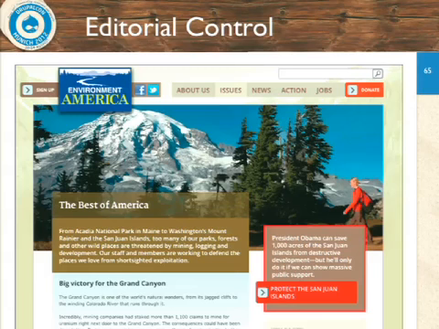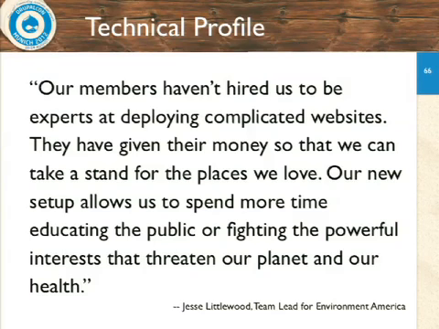And the idea is to put these editorial tools and configuration options in the hands of folks so that they can produce what are really quite beautiful websites. I have to say, when they launched this thing, I was stunned that they were able to make it look good, because it's fairly complicated. I wondered whether they were really going to hit that design target. And they hit the design target, because the tools allow them to do that. And that's what made them very, very happy.